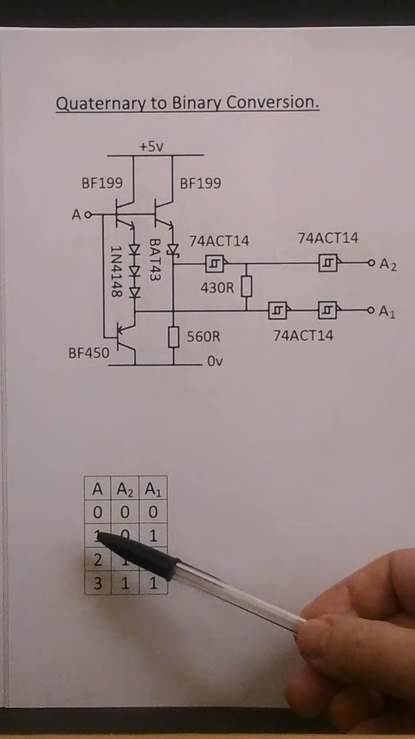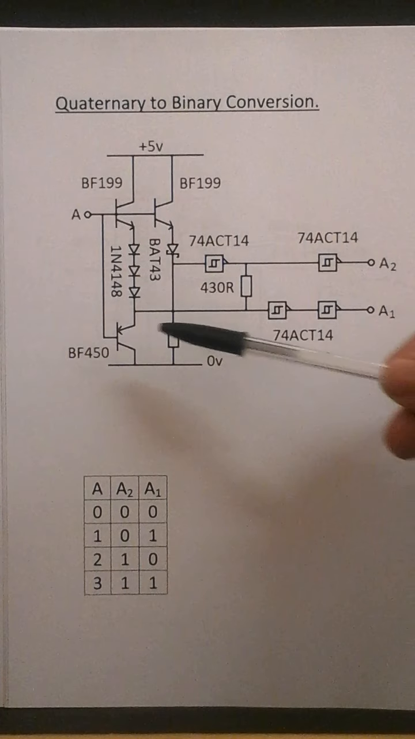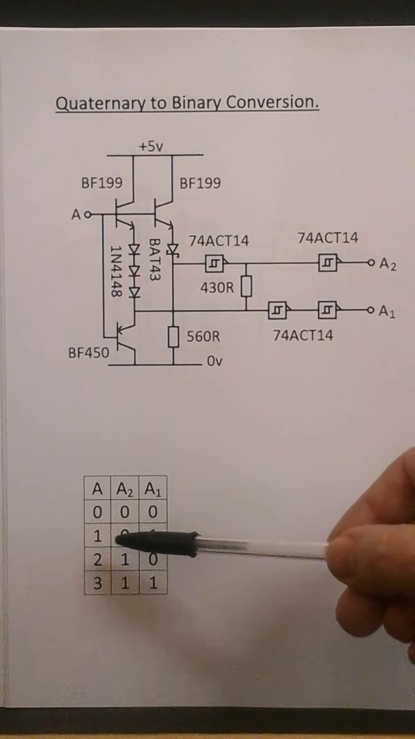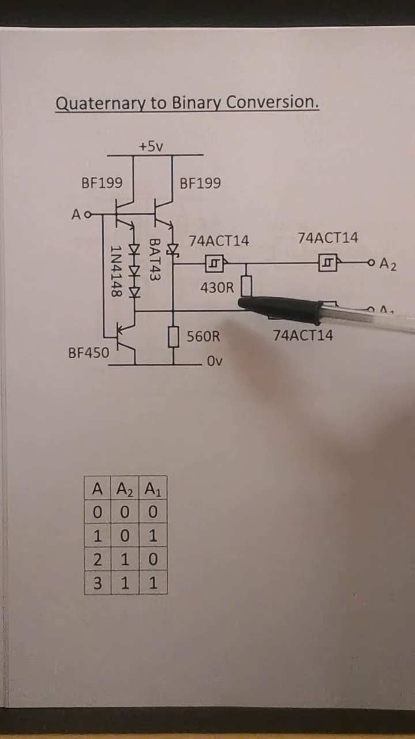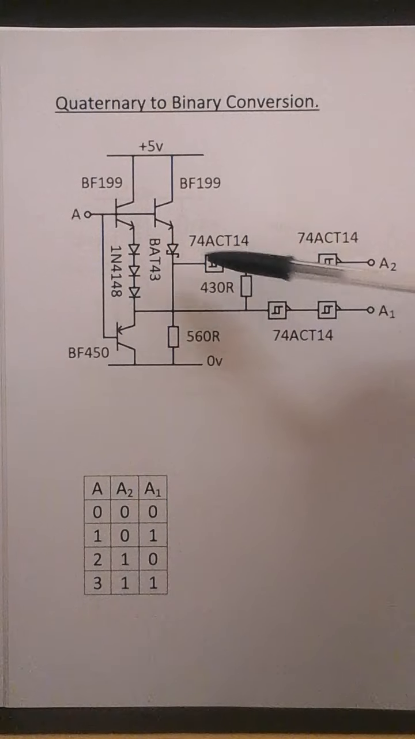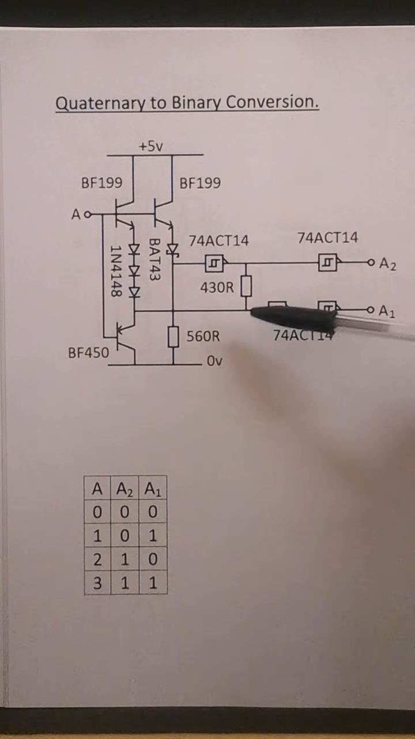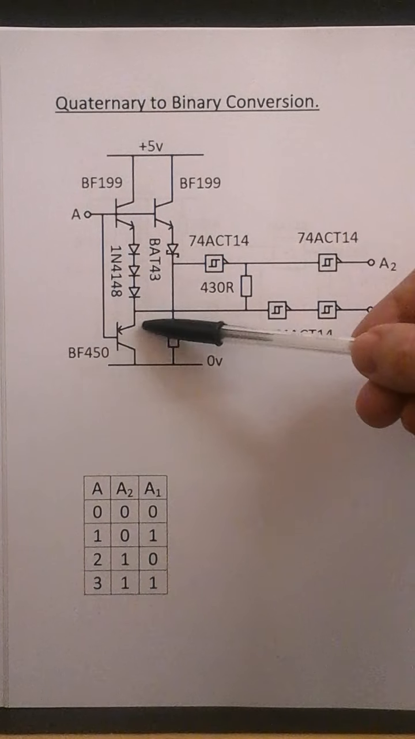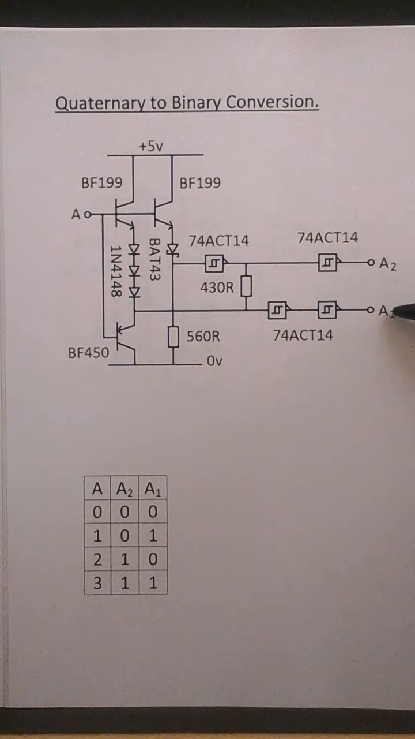If A is a quaternary logic 1, this moves to a quaternary logic 1. This input A2 is a 0, sorry, a 1, and this input moves from a 0 to a 1. So this turns from a 0, I1 turns from a 0 to a 1. If it's a